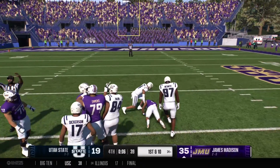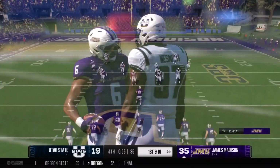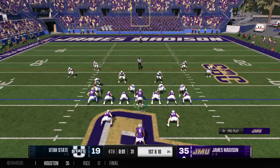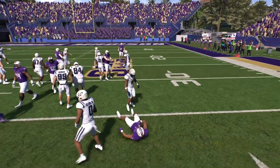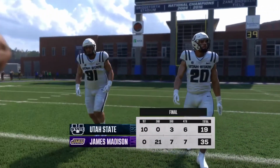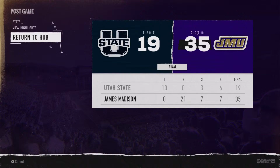Really good surge for this offense. They move the chains, and he's got it at the 34. The give to the back. And not much picked up there, but that will do it for this one. Guys, this is a really good win for this ball club as they put together consecutive victories. And this season, that's